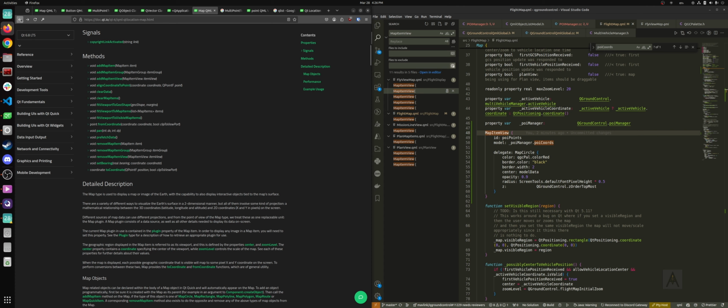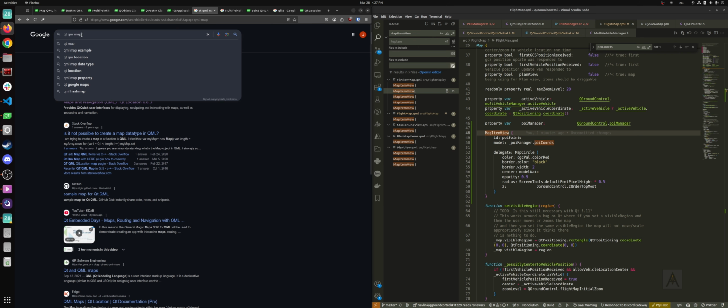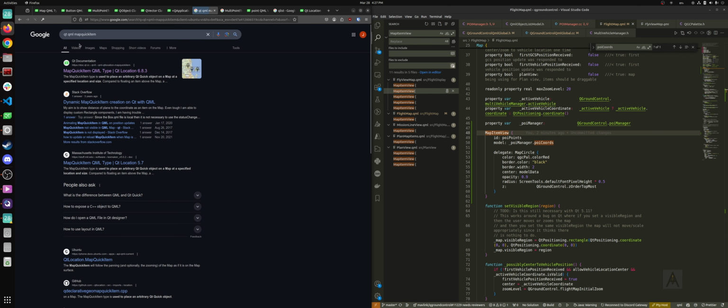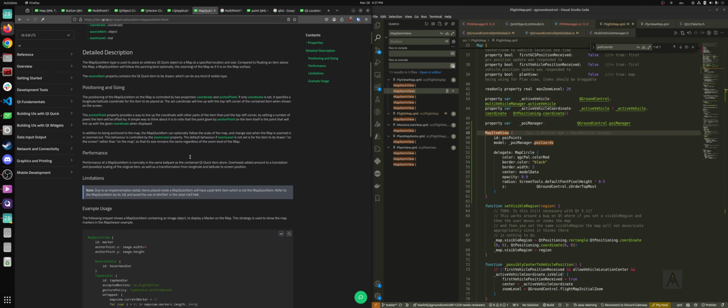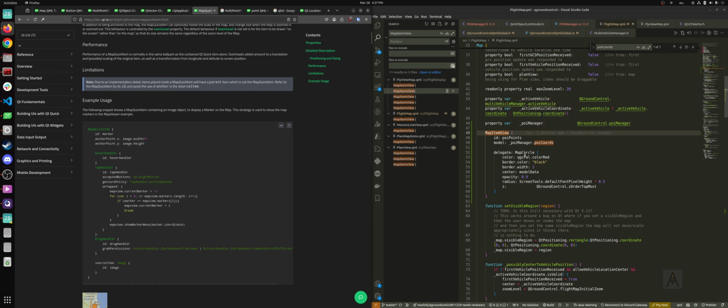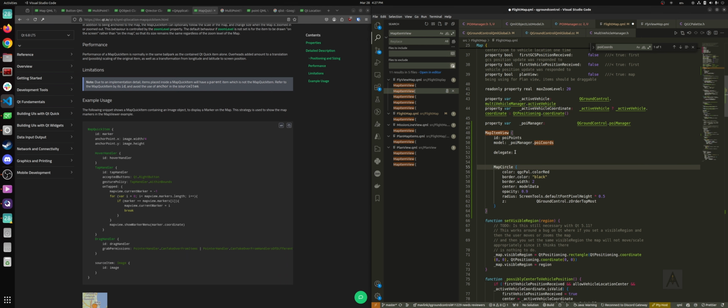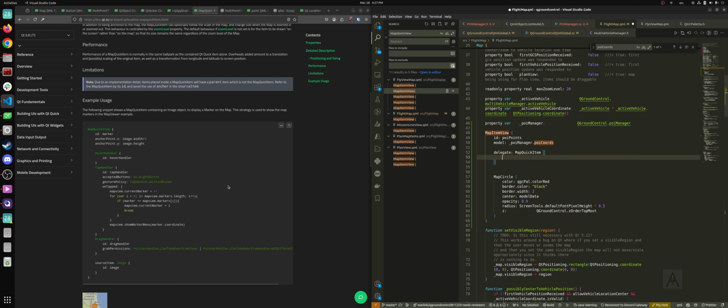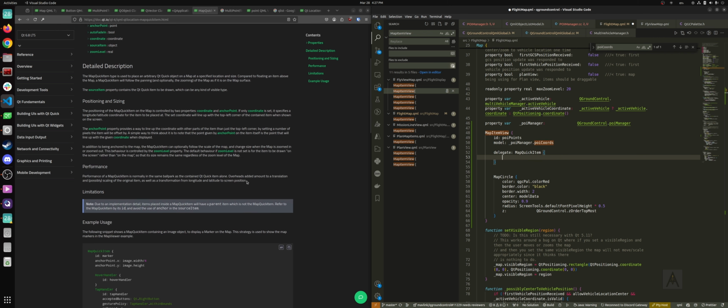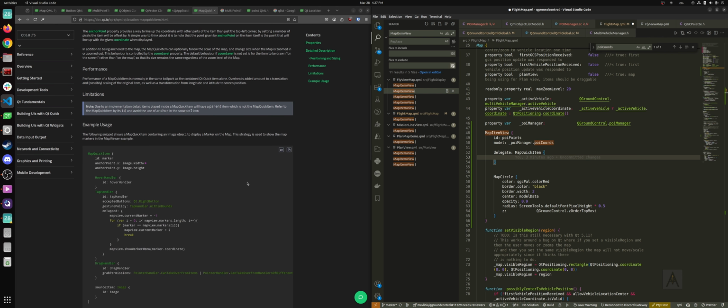Instead, you'd use map quick item, which I believe, where's map quick item? Let's see. Map quick item. It's this, which basically is a generic item that you can put anything inside of. So map quick item, which, yeah, so you do source item,